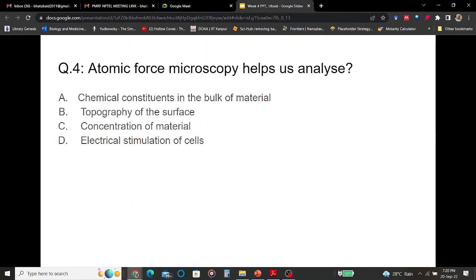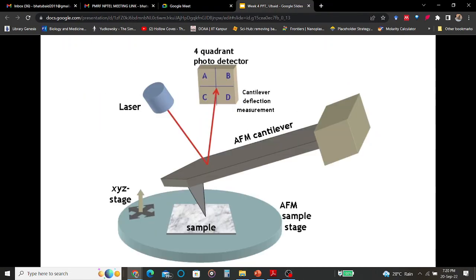Like I said, it is the topography of the surface. It has a resolution of a few nanometers, and this resolution is 1,000 times better than